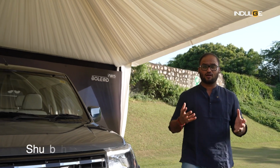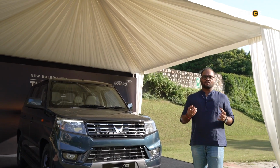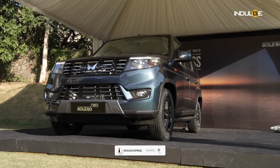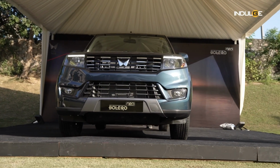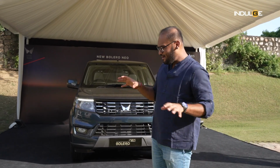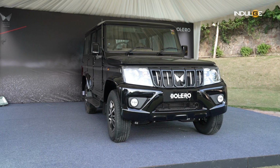I am Shubham Porashe, and today we are going to talk about a brand that has been on sale in India for the longest time possible. We are going to talk about the Bolero today. Yes, one of the oldest nameplates in the Indian auto industry that is still going strong with over 8,000 units sold every month. And right now, both the models, the Bolero Neo and the OG Bolero right there, they have